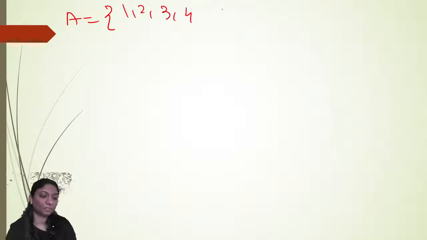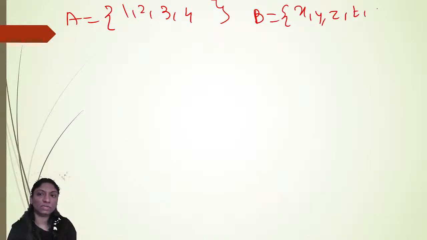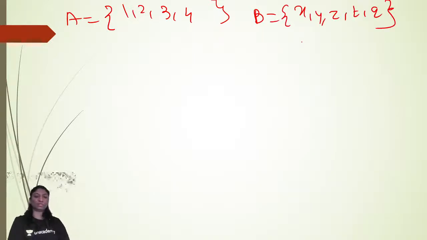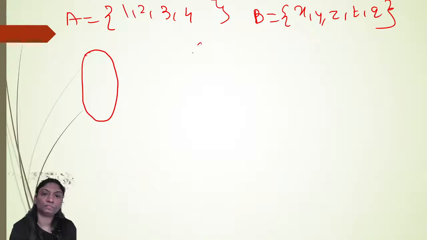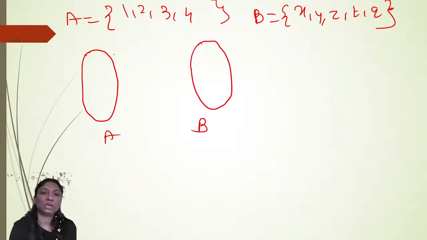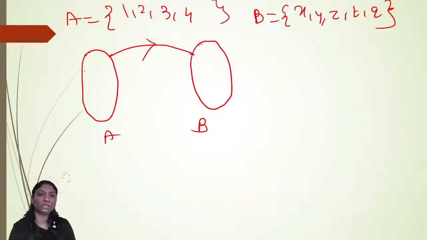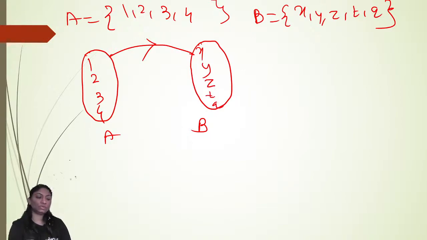Suppose here A is equal to, for example, 1, 2, 3, 4 and B is equal to X, Y, Z, T, Q, right? A is equal to 1, 2, 3, 4, B is equal to X, Y, Z, T, Q. So here F is defined from A to B. Here 1, 2, 3, 4 and here X, Y, Z, T, Q. Right? So here you will get